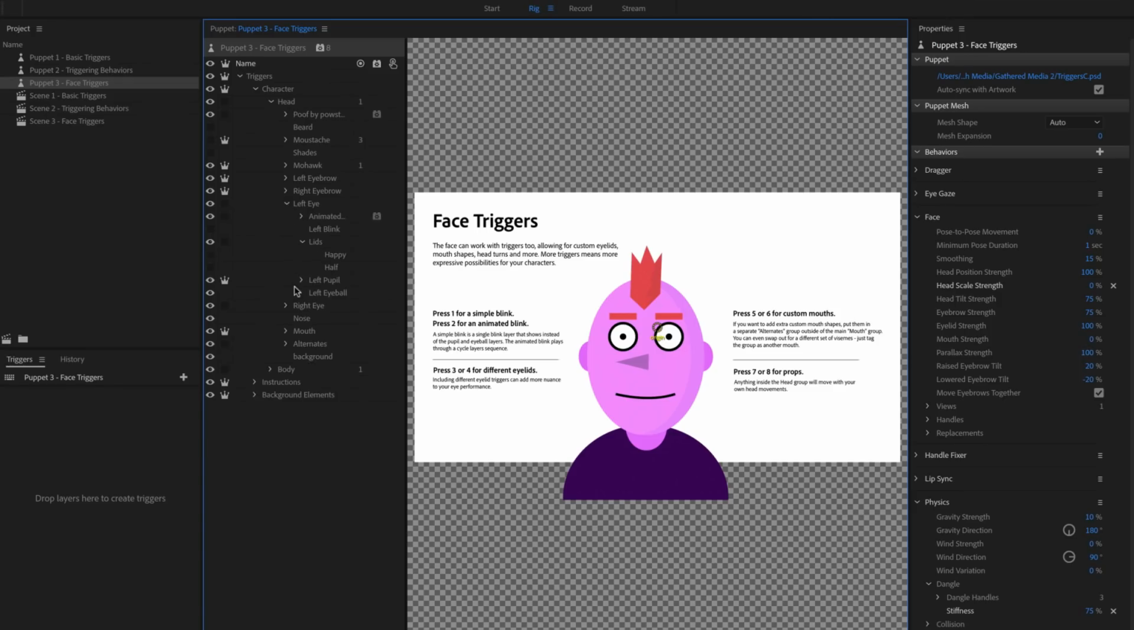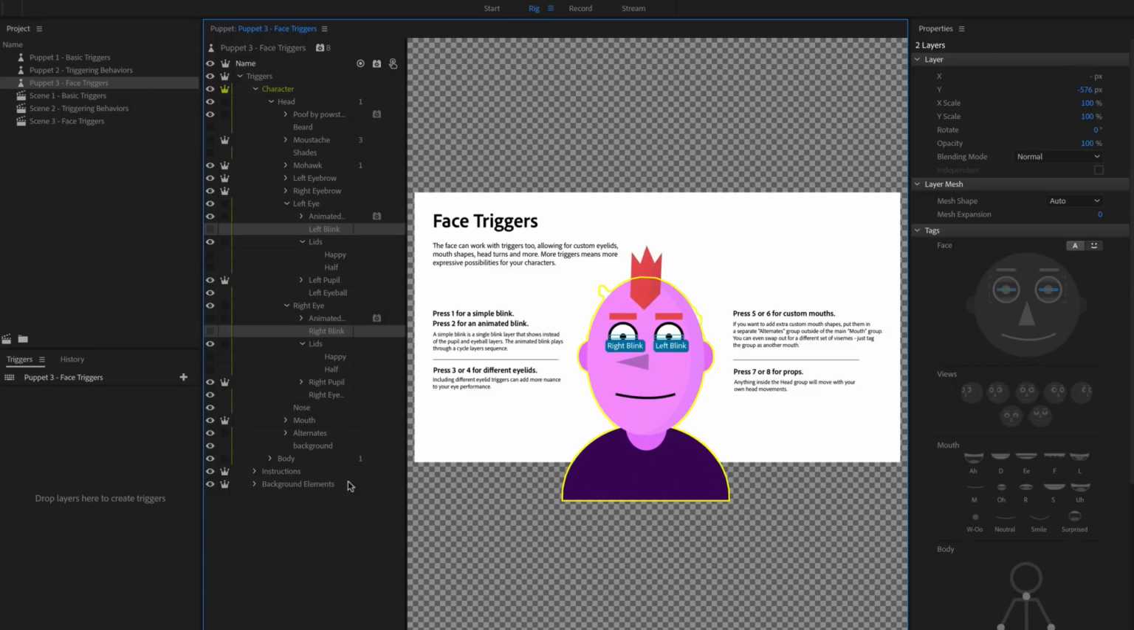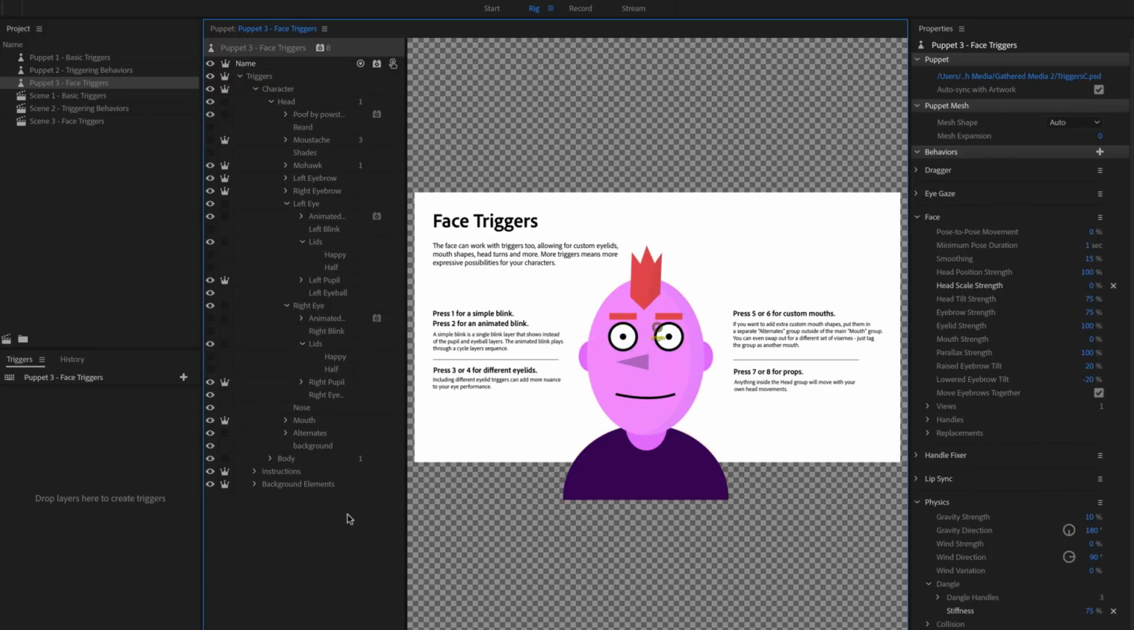The left and right eye groups each have a layer tagged as left or right blink, meaning when you blink in the webcam, the character will blink as well. But sometimes you may want a little more manual control over a blink, which is where triggers come in. The blink actually replaces other eye elements like the pupil and eyeball, so I'm going to make a new swap